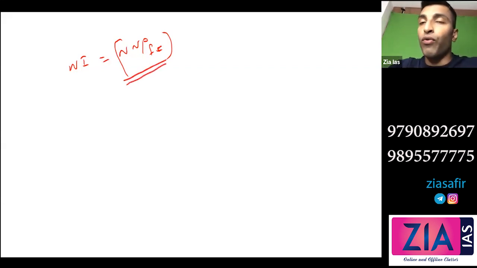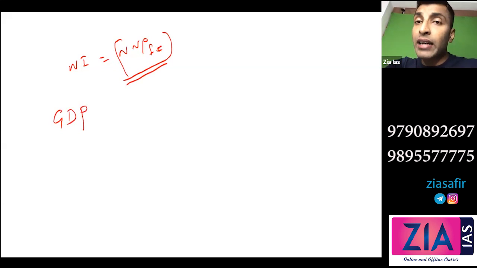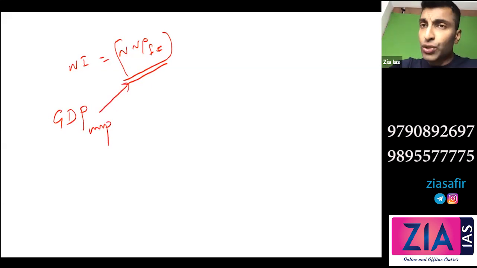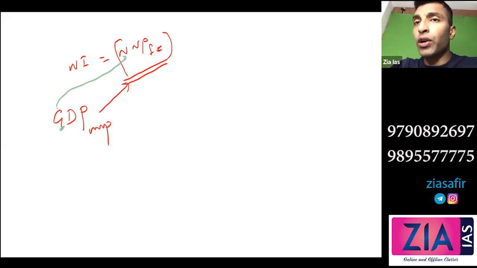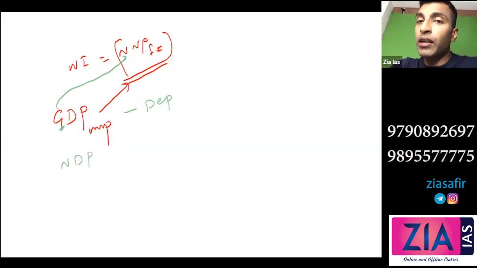For example, what you generally get from the market is GDP, the total value addition at market price. So you know how to convert this. So how many conversions are required here? First you need to convert G to N. Gross to net, you subtract depreciation. Then you will get NDP at market price. Then you need to convert this D to N, right? So how can we do that? Plus NFIA. So this is your first step, this is your second step.